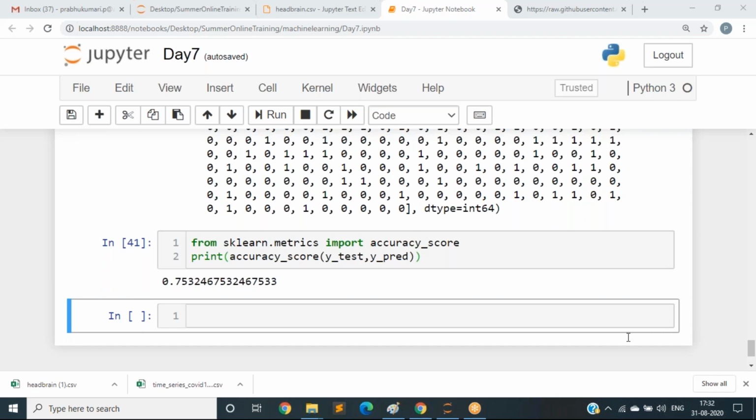Please apply the breast cancer dataset to the random forest classifier model, and tell me if the accuracy has increased or decreased compared to the KNN. Please respond in the chat box if you have understood my task.